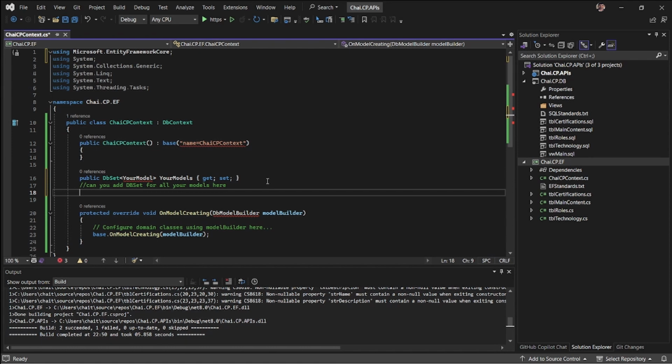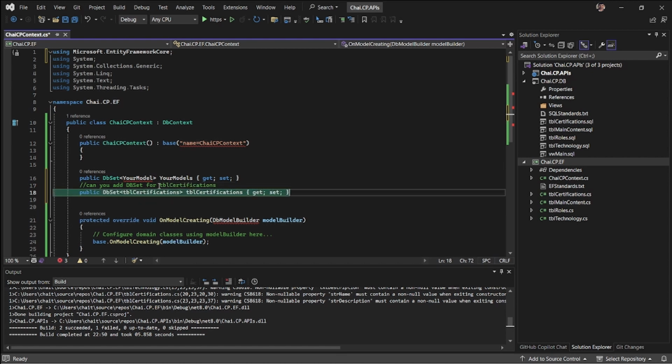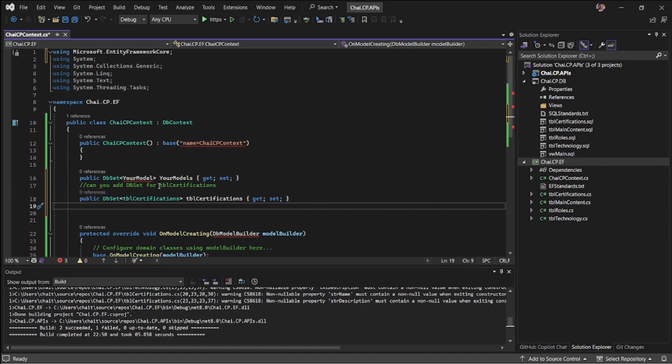Sometimes, if you're not specific and are very generic, you will not get the results. So now I'm going to ask it to generate the DbSet for individual TBL certifications, roles, and main content individually. So here I have it for TBL certifications. Similarly, I had created for